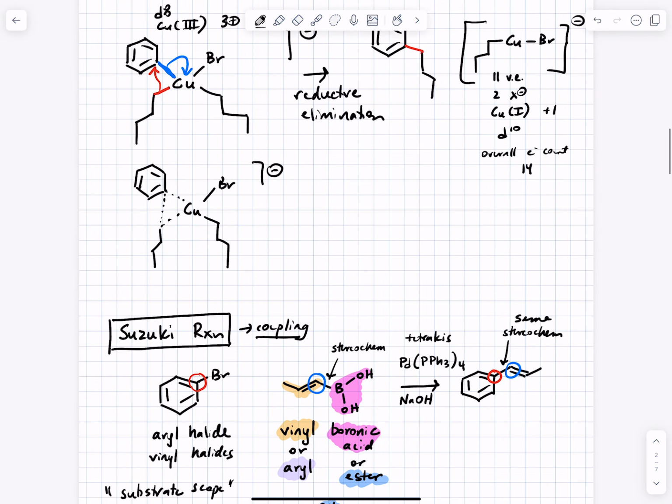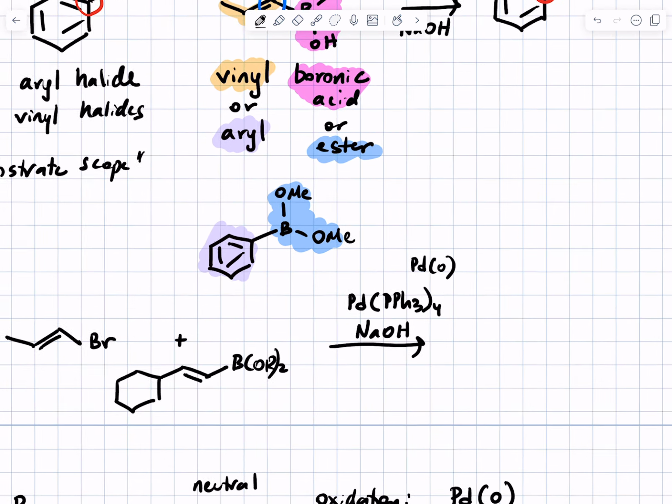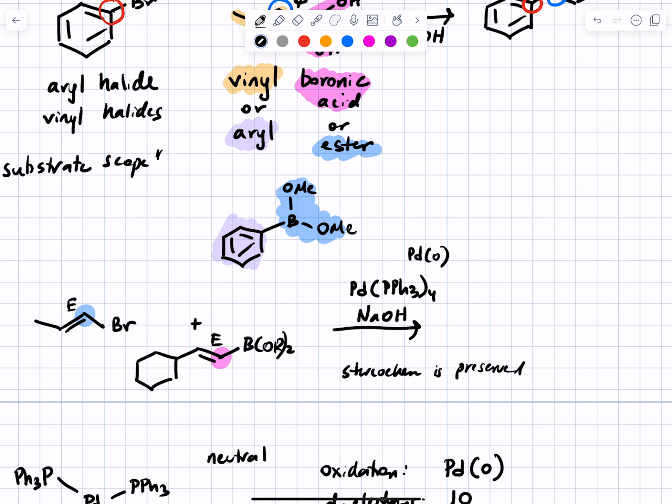You also need, for the Suzuki reaction, usually some kind of base. In the text, it's usually hydroxide. In the lab, you can use any number of things, but we'll stick with the text examples. And remember, the Suzuki reaction couples the carbon that has the halide to the carbon that has the boronic acid, and stereochemistry is preserved. So if it's E here and E here, the new bond goes in the exact place of the bonds that were broken. In blue is the new bond,